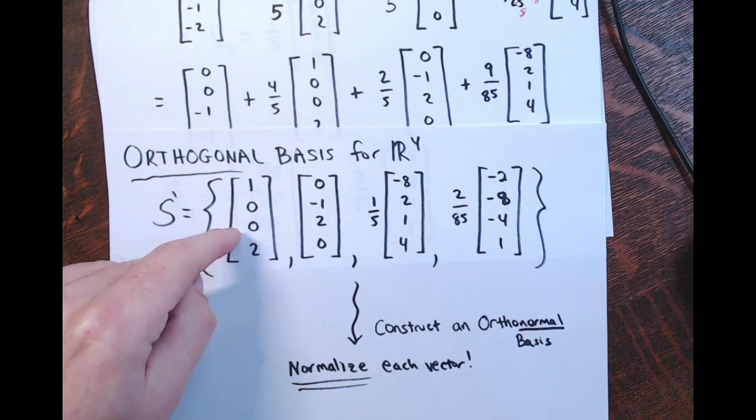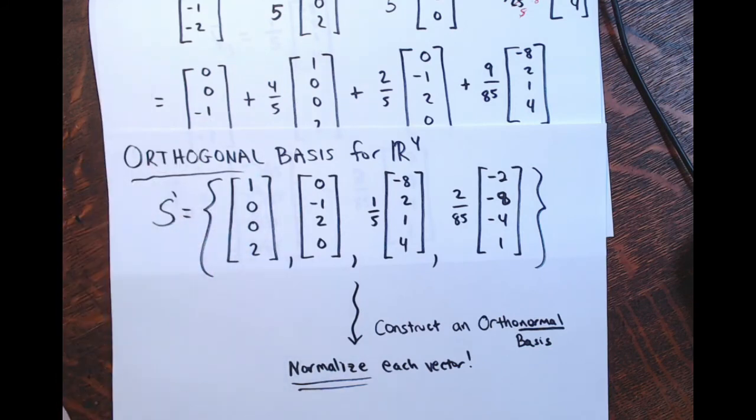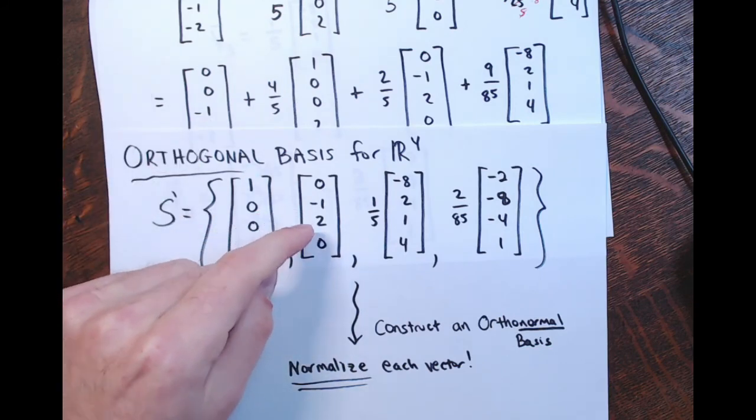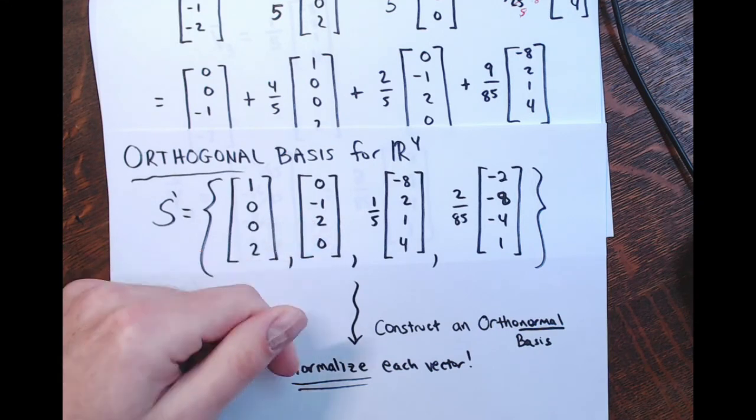Well, I guess it wouldn't take that long, but the norm of this vector would be the square root of 5. I divide it by the square root of 5. Same thing for this vector. The norm of this vector is the square root of 5, divided by the square root of